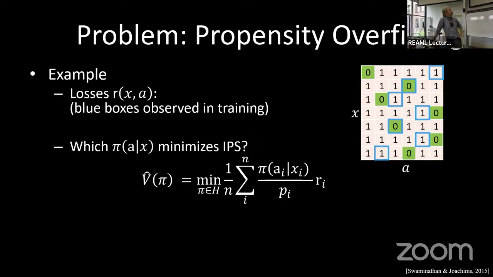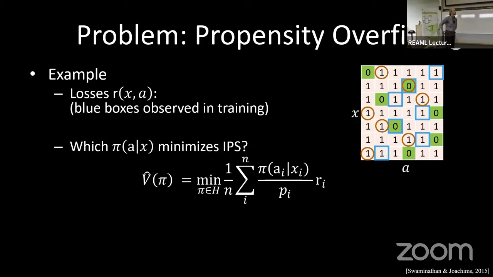But actually, another policy that gives me a complete zero is the policy that just picks the first action all the way through, right? It was never chosen by the logging policy. So I never get penalized for any kind of losses there. So I can just avoid the data that I have, and I get a zero estimate based on IPS. Or I can pick something like that, right? That is also a policy that basically avoids most of the training data that I have.